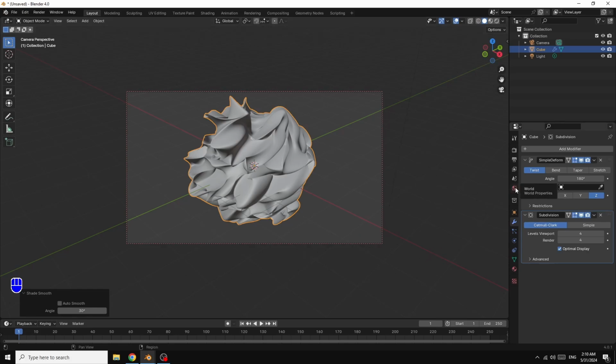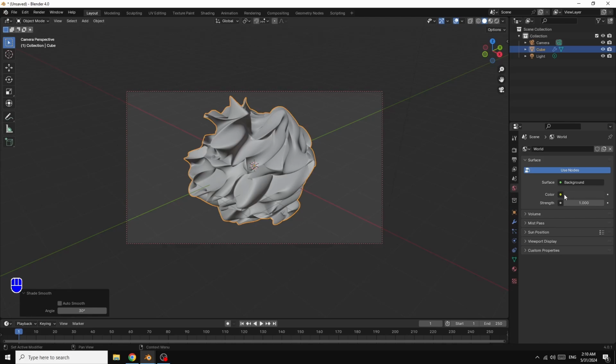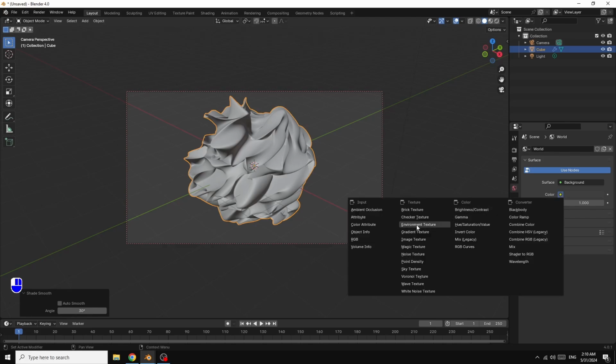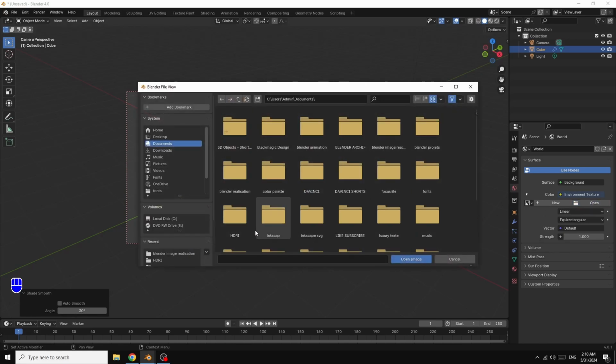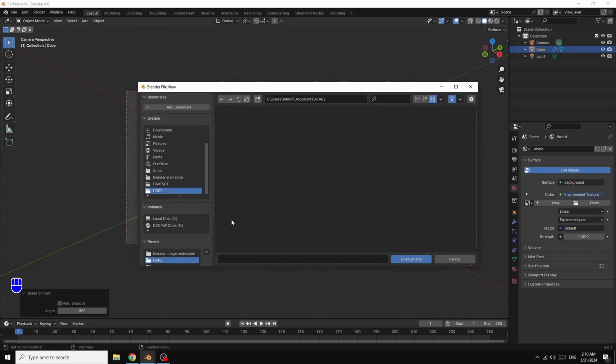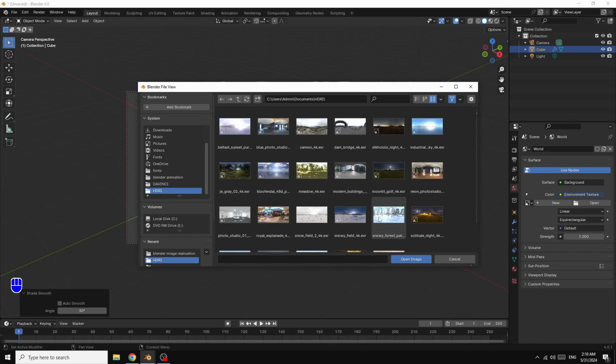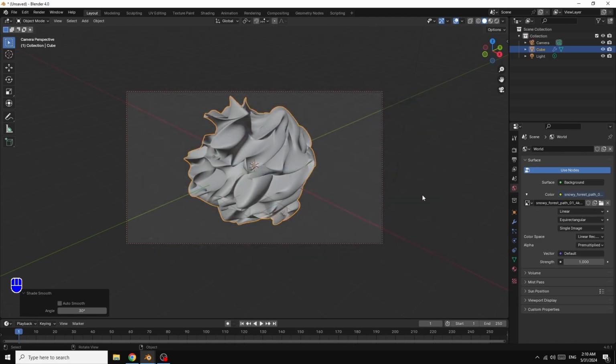Okay, now I go here in world properties, in color, we select environment texture and here open your HDRI in your computer. For this tutorial, I select this one. It's called Snow Forest. You can upload it from Polyhaven. It's free. Now I go here